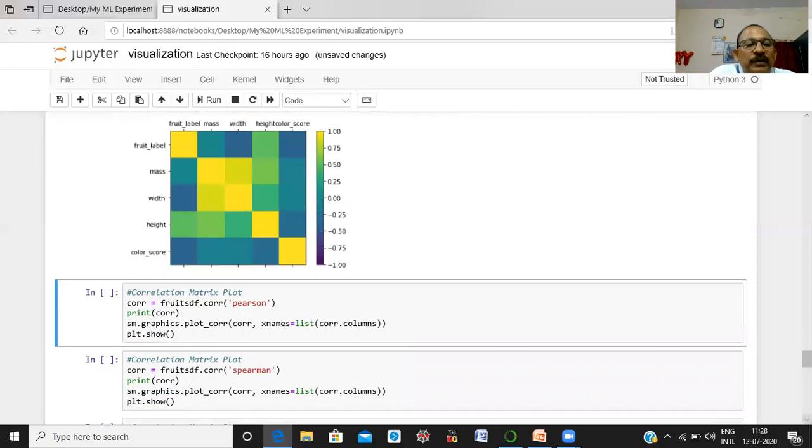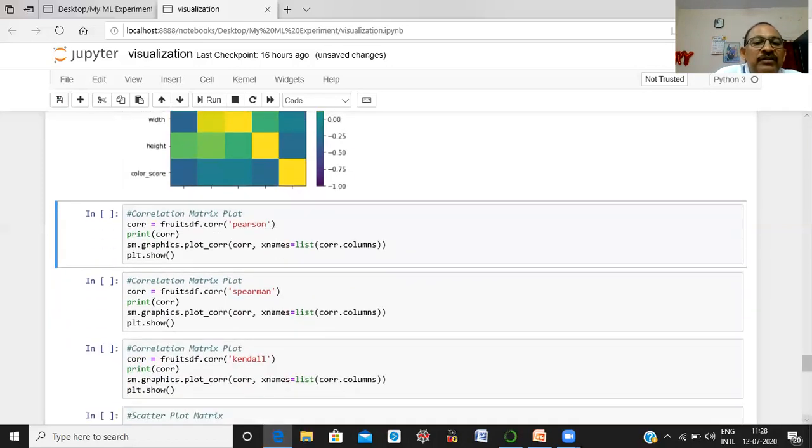So one thing I want to mention here, there are three parameters. The first is the Pearson correlation, second is the Spearman, and third the Kendall. These are the types of the correlation function: Pearson correlation, Spearman correlation, and the Kendall correlations. If you don't specify any parameter, it gives the Pearson correlations. Okay, and if you specify, then it gives the Spearman correlation or Kendall correlations.